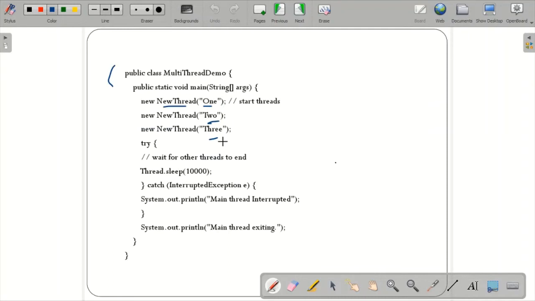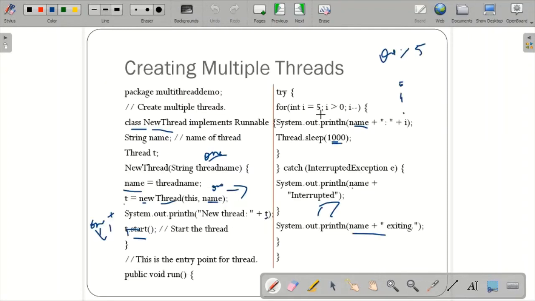Once the processor is allocated, this block will be executed, and when this thread goes to sleep, some other thread will occupy the processor, execute that loop, and print that statement. Once the thread has been executed, it will exit from the loop. So this is regarding the concept of multi-threading.